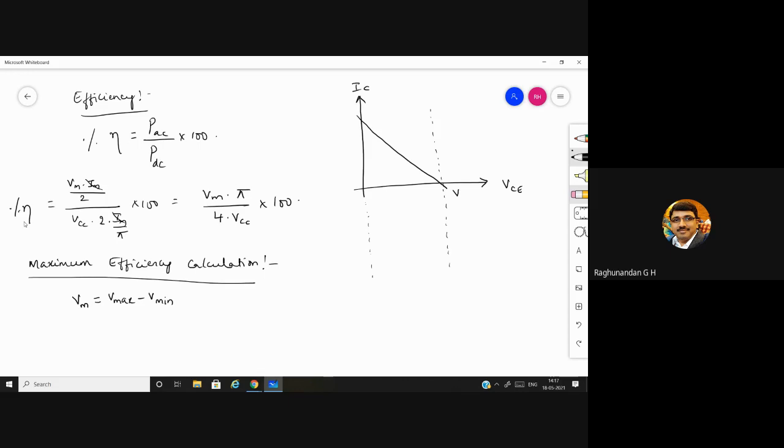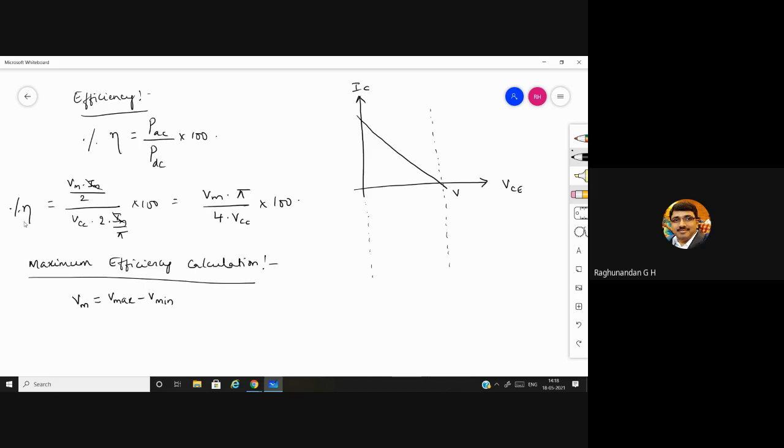Can you guess why you should not take Vmax minus Vmin by 2 in this case? In our previous derivations, we were taking Vmax minus Vmin by 2, Imax minus Imin by 2. Because there, at 0 we had a lower half cycle, but over here a half cycle has been shifted down, so we can't take by 2. Good.